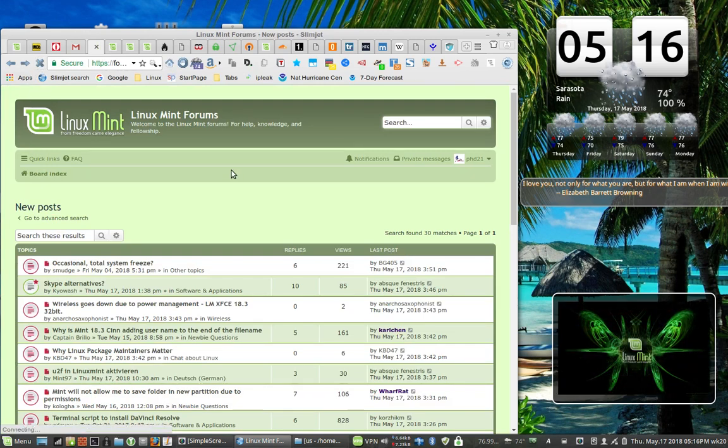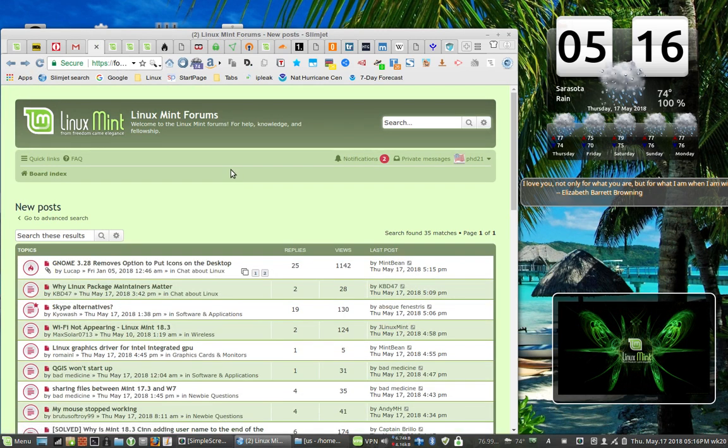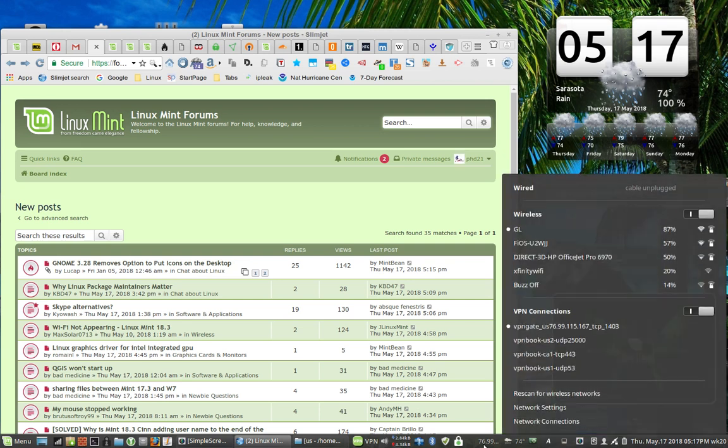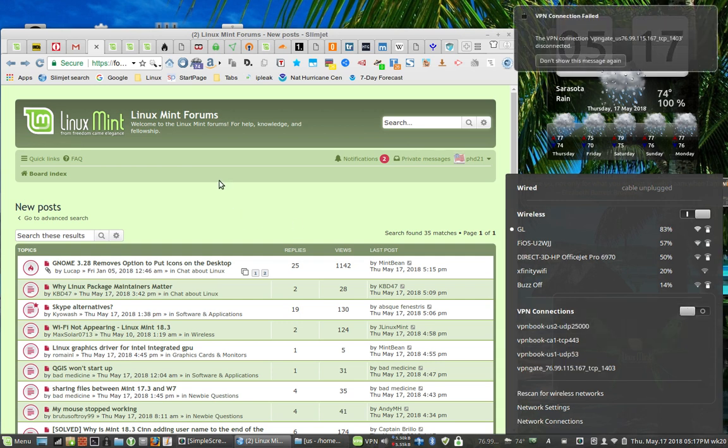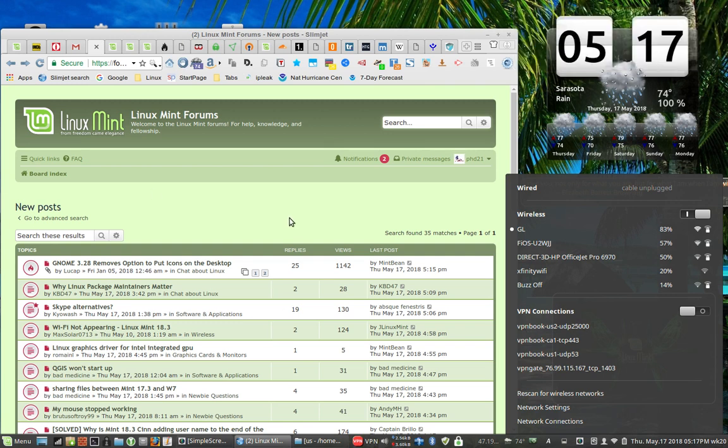Now I'm connected and it's working. I can go to Linux Mint and tell it to show me all the new posts for Linux Mint, and it's coming right up. I tested it with ipleak.net. It's working, so it's a successful VPN connection, and it changed my IP address from my default IP address. Now I'm going to purposely disconnect from the VPN connection because I'm going to show you, if you are interested in VPN Gate,